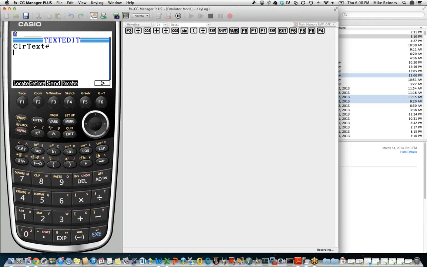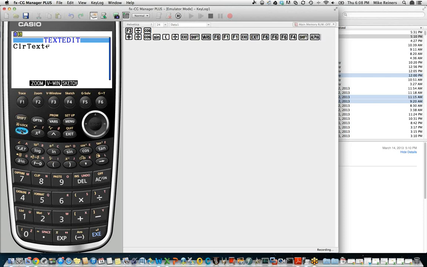So I'm going to press Shift and then Alpha to go into Alpha Lock, and then press the key in the bottom center of our keypad to create the quotes. And then inside those quotes, I'm going to create some text. Now last time we learned about the ability to create upper and lowercase characters, so we're going to do that here. I'm going to press the exit key a couple of times to get out of the programming commands and back to the base program mode menu.